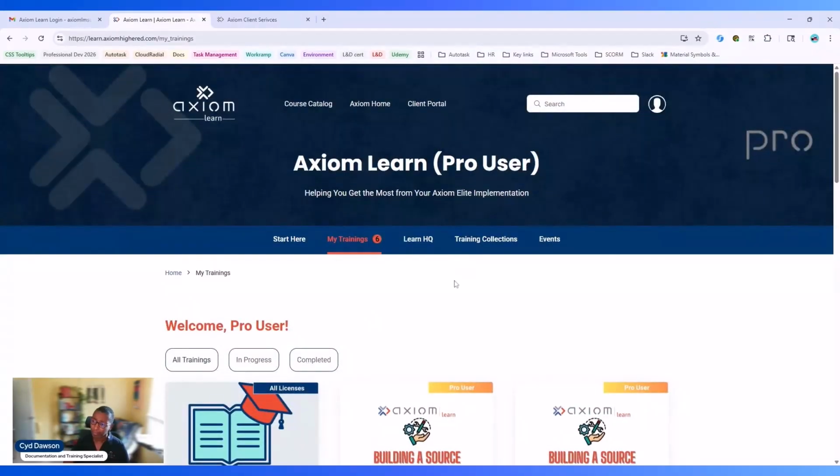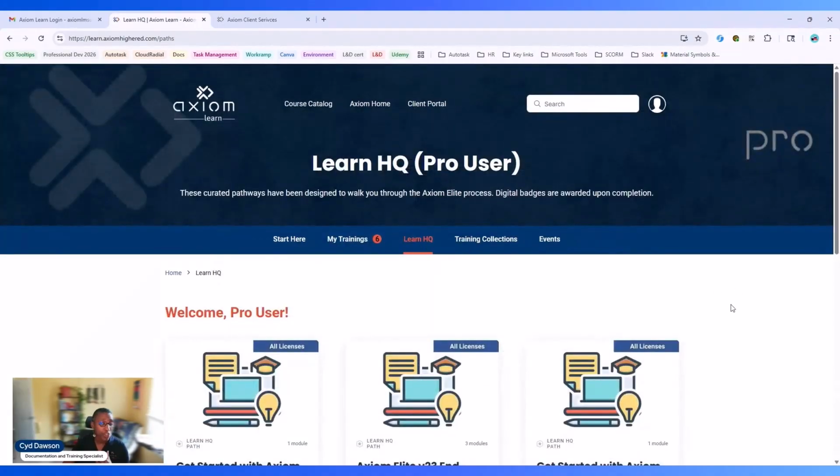The next item up here with the tabs is Learn HQ. Learn HQ is where you will find what we call paths. Paths are predefined series of courses. So as opposed to saying, I'm going to take a course about the verifier and then I'm going to take a